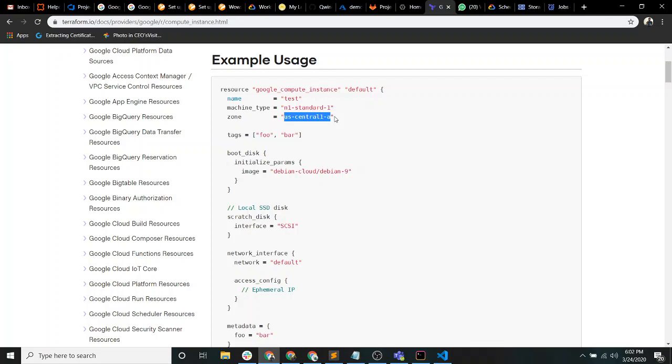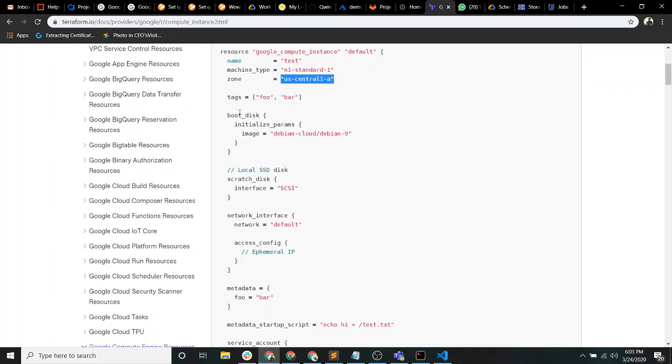So if you want to keep everything central in Asia and then fan out your deployments to different regions, Terraform does give you the power, with the help of variables. For now the zone is hard coded and called as a string, but instead Terraform gives you the power to substitute a variable here which can be dynamic in nature, and we'll see that. Moving on, the example usage resource block has applied some tags. Boot disk is required